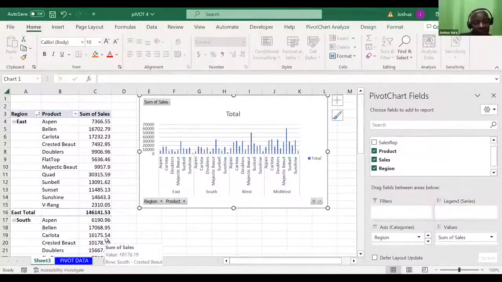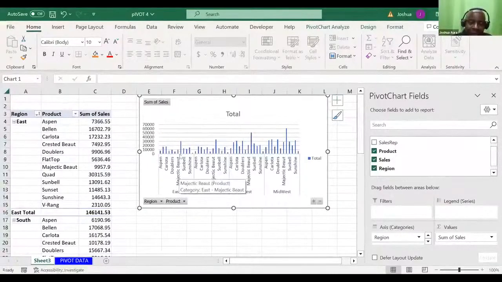Let me see whether there is anybody who will be able to move to the next level like that. And the graph is very nice. Although now it's coming tiny, but I can see that under East, for example, this product here called Majestic Beauty is the one that sold most.